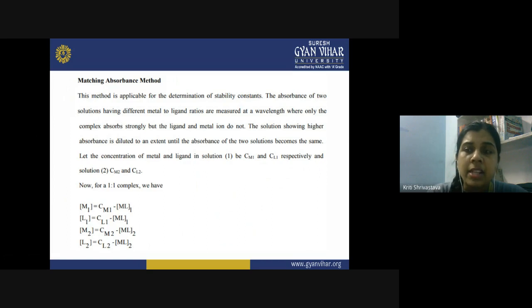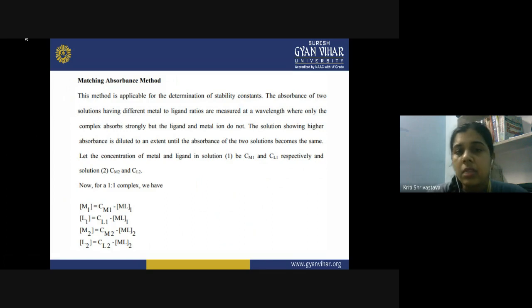Why do they need to be so accurate? Because that absorbance is actually telling us indirectly about the concentration of the complex. So all our experiment can go wrong. One needs to be very careful while selecting that lambda max wavelength. In this method also we are measuring the absorbance, and we need to know the lambda max value. So whenever you are performing a spectrophotometric method, the very first step is to find out the lambda max for the complex under study, and after that you proceed for further experiments.